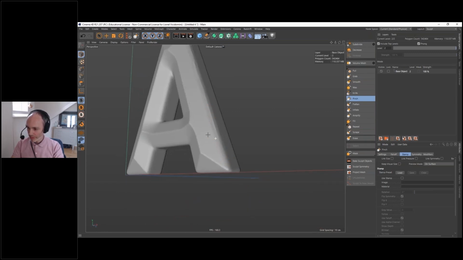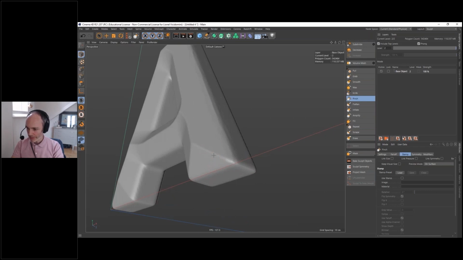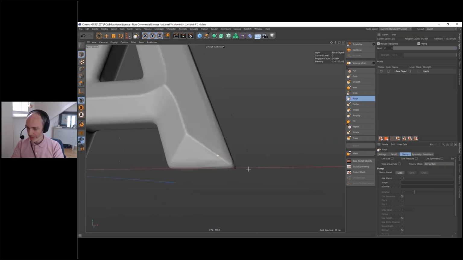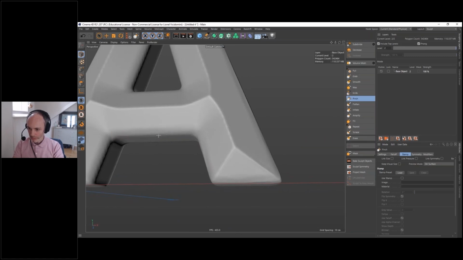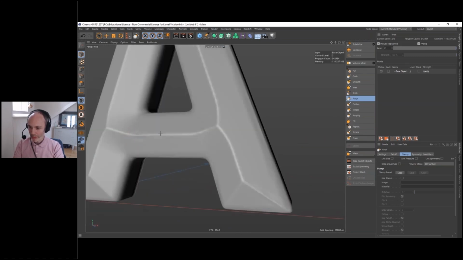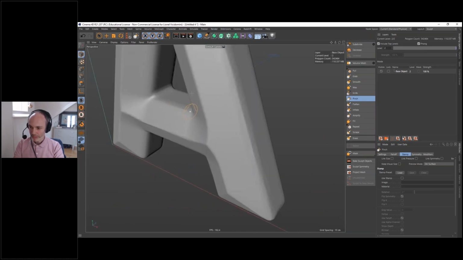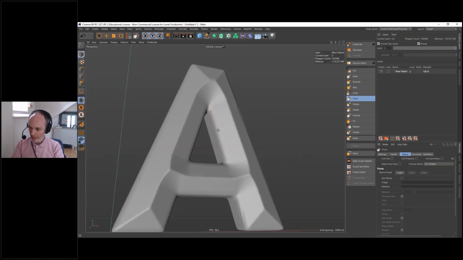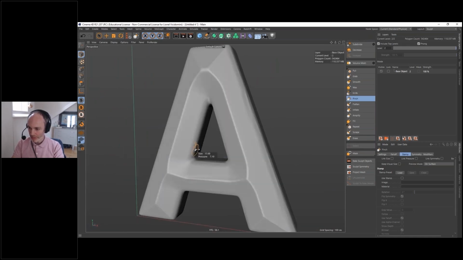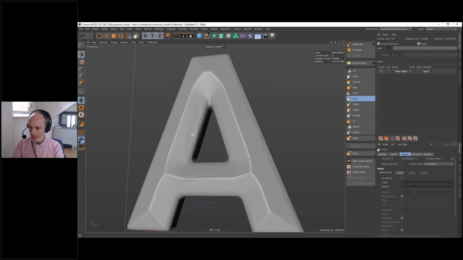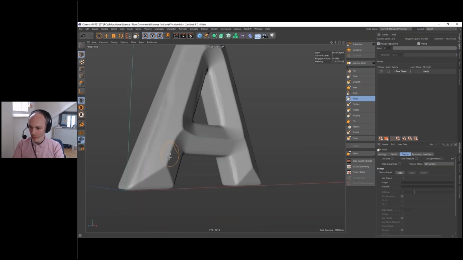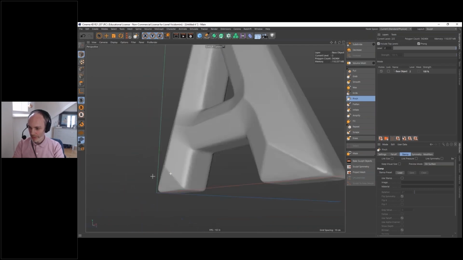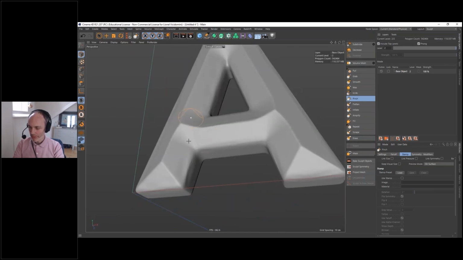And you see, it's not uniform because I'm doing it by hand. That's just the idea, to create some kind of handcrafted look. So I'm creating the pinching. And the idea is not to have the same pinch everywhere, so I can increase the size of the brush and work on parts of the font more than other parts.